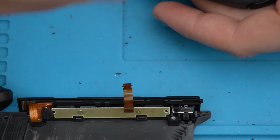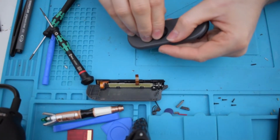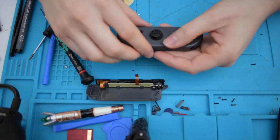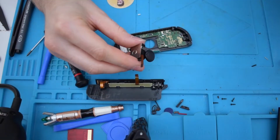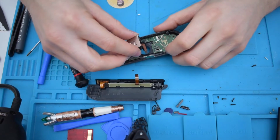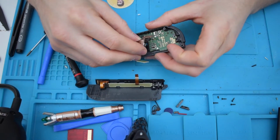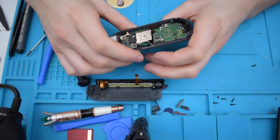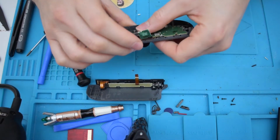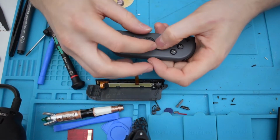Gonna need to remove the rubber first. If you get a stubborn one like this, what I'll do is pass the rubber through first, and then the analog stick. That's a lot better than breaking it off and not being able to get it back on. So now that's on,